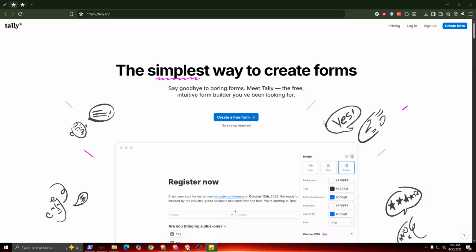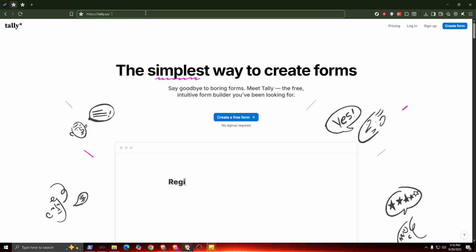First, open up your web browser and navigate to the tally.so website. This will be our starting point for everything we'll do today. Once you're there, direct your attention to the top right corner of the screen. Here, you'll find the options to either log in or sign up. If you already have an account, simply click on Login. Enter your credentials and go ahead, or if you're new to Tally, hit sign up and follow the steps to